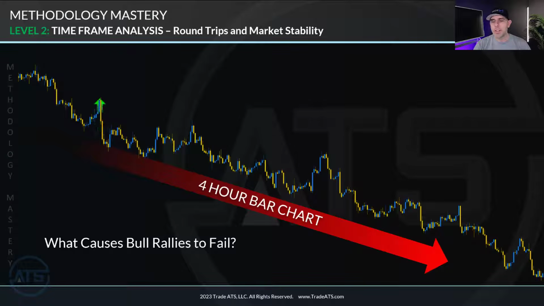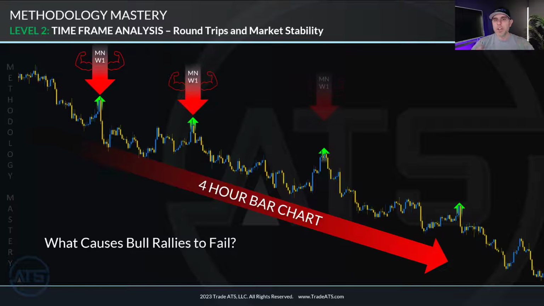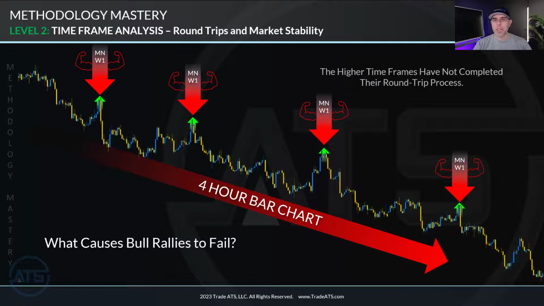In this example, we could see that we have a 4-hour bar chart that's overall trending down. We could see that we have these little miniature bull rallies marked by the green arrows. Let me ask you a question. Why did not one of these bull rallies continue to reverse the market and change the overall trend? Simply put, it's because the higher time frames like the weekly and the monthly have not completed their round trip